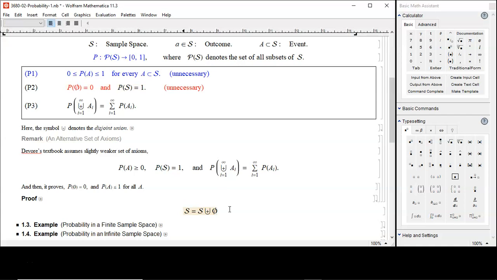And it's a disjoint union because there's no overlap. By the way, already there's nothing there, so no overlap, of course. So the probability of this entire sample space is going to be the probability of this alternative expression of the same thing, and then we're going to use this addition rule. Whenever we have a disjoint union, a mutually exclusive union, we can add up the probability. So probability of this S